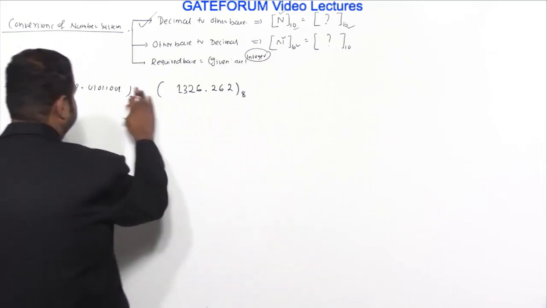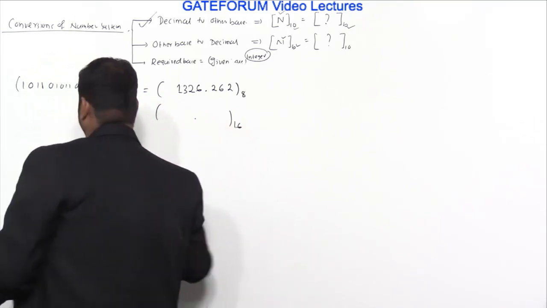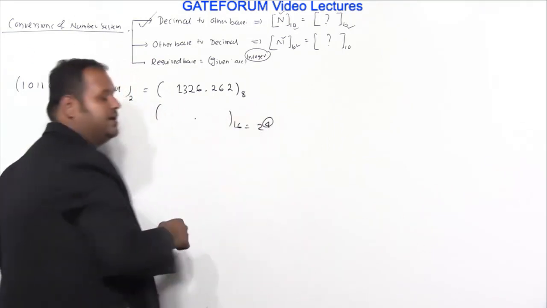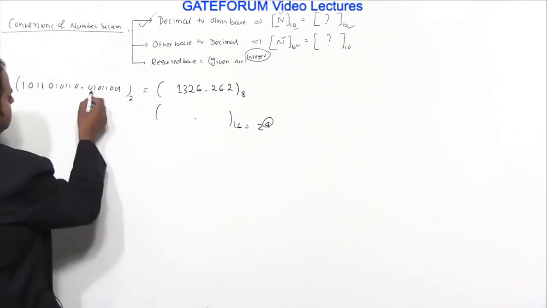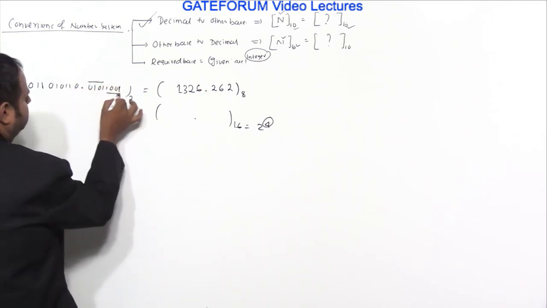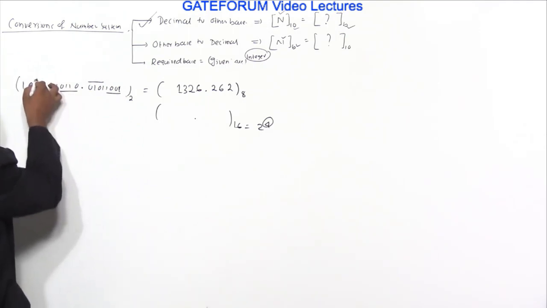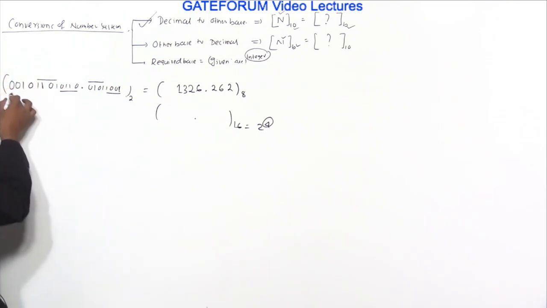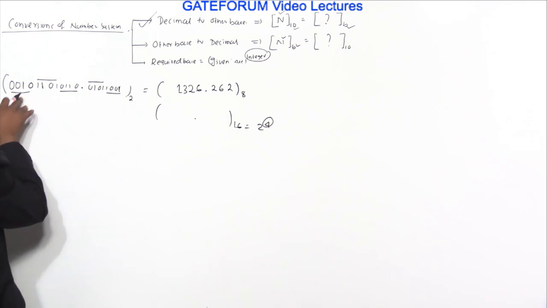Okay, now I need the hexadecimal equivalent of this. So again I am putting the dot. Hexadecimal equivalent means base 16, that is 2 raised to power 4. So grouping is to be done by taking 4 bits simultaneously from the radix point first, left and right. So here this is a group of 4, this is a group of 4, no additional stuffing is needed. And here I am lacking 2 more bits, so I am putting zeros because 0 will not add any value. Now you again find the hexadecimal equivalent of these groups.